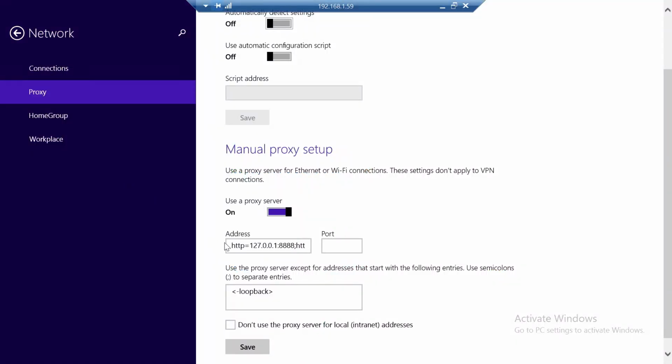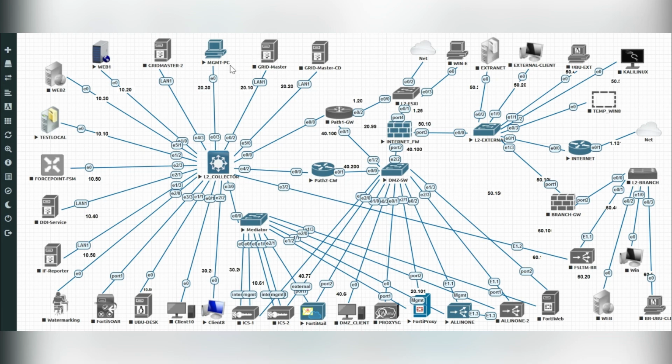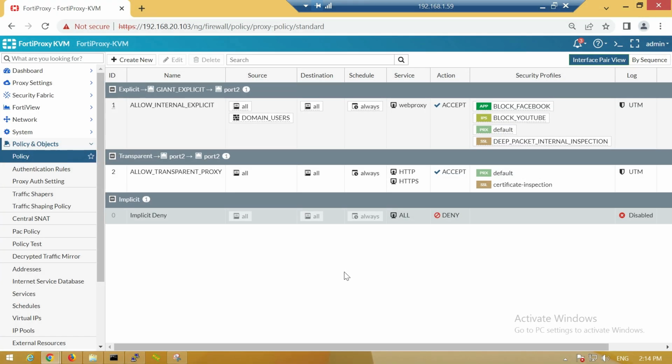So I will search for network proxy to apply it on the whole system. All right, I think I'm using Fiddler here, so the proxy automatically points to our local IP address because we are using Fiddler for some operations. Alright, I'm going to use another machine. I will not use this machine here. Let's use, for example, our management PC. It's the same PC that we are using to open the web GUI of FortiProxy,